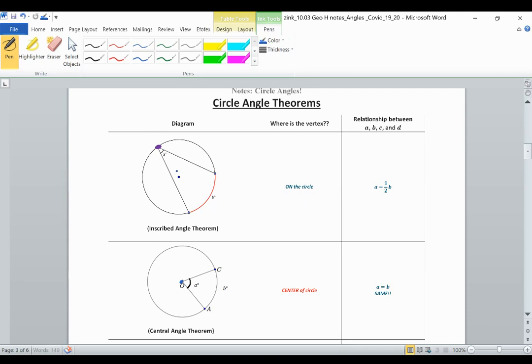So this is an inscribed angle. When we name our angles, you're really looking at where your vertex is. Remember, to name an angle, you've got three points. This one right here is your vertex, where the two rays meet. The vertex of this angle is on the circumference. If it's on the circle, then it's going to be half its intercepted arc. So if you mark off where that angle hits the circle on the circumference, B would be its intercepted arc. You can see that A is